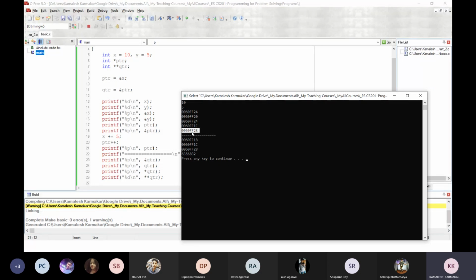If I write ptr plus plus, then the value of ptr will be incremented by 1, which means it will be incremented by the size of one element. As x is integer data type, it will be incremented by 4. If it's a character, then it will be incremented by 1.